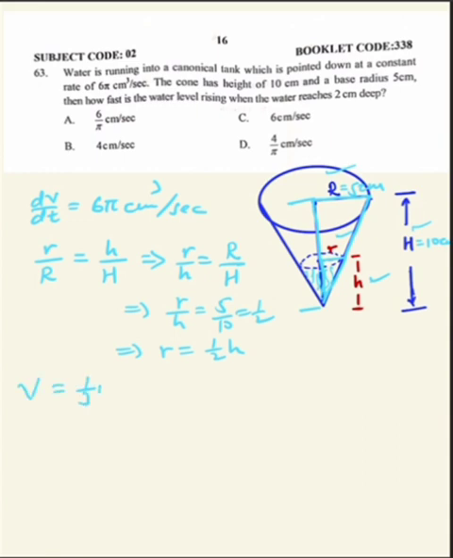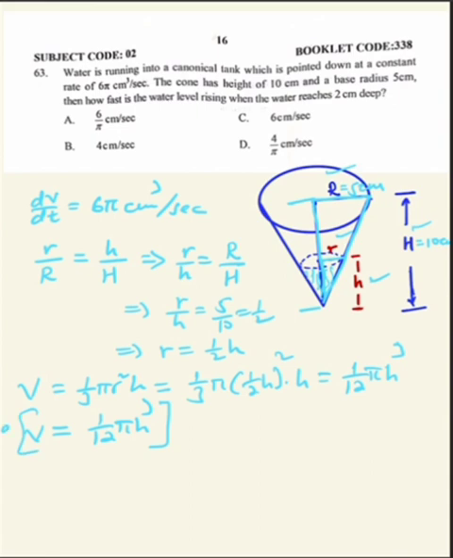The volume of a cone is 1/3 of pi r squared h, the base area times h over 3. In place of r we can substitute half of h, times h. Squaring this, it becomes 1/12 pi h cubed. So the volume in terms of h is 1/12 pi h cubed. Now take the derivative of both sides with respect to t, so dV by dt becomes